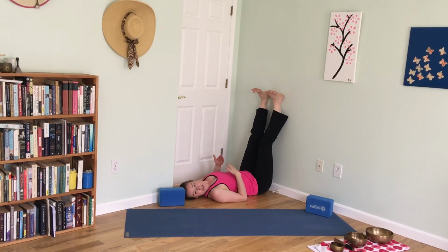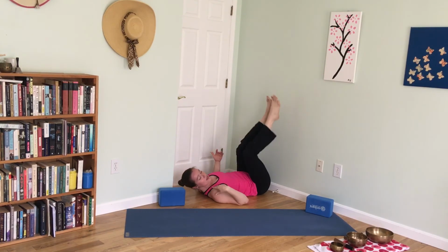So again, it doesn't have to be a wall. We might find that we'd want to do this on the edge of a bed, an edge of a couch, where the knees are bent and more or less the calf muscles can rest against the bed or the couch cushion. And we might even find we stay here if we would like to do this particular pose for our Shavasana. We have come to that last minute or so of our practice,